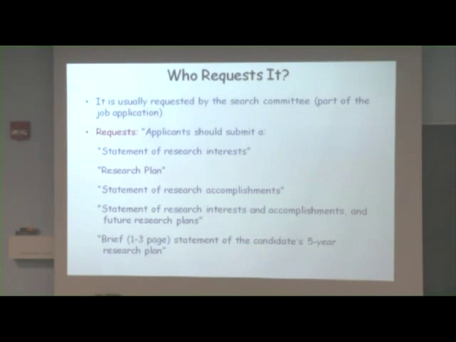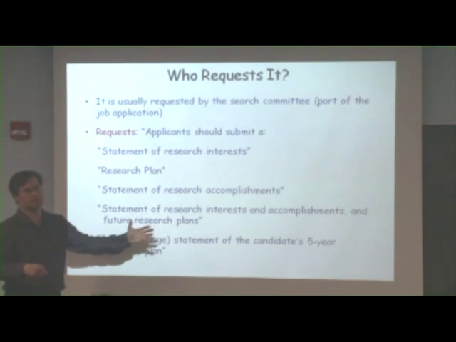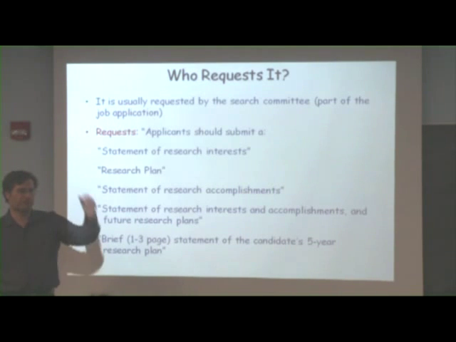Yes? For a grad student applying for a postdoc, what would be the... Right. So the question is, for graduate students applying for a postdoc, what would this be? Can anybody answer that question? Right, so the statement of research interests, right? But it could also talk a little bit about your accomplishments as a graduate student, okay? Now, you're not going to talk about future research plans to the level that you would when applying for an assistant professor position, okay? Because you are limited,